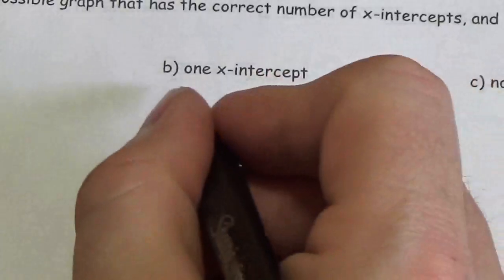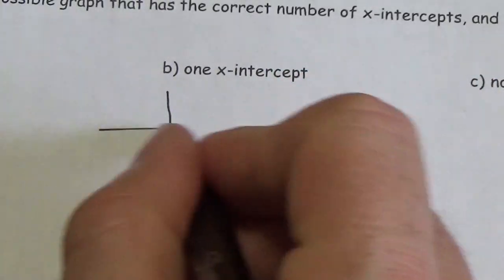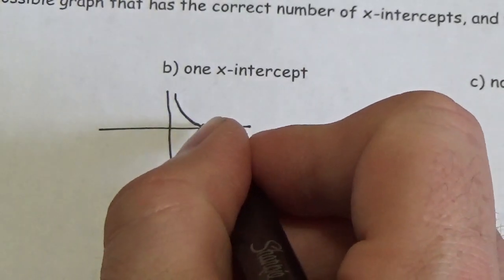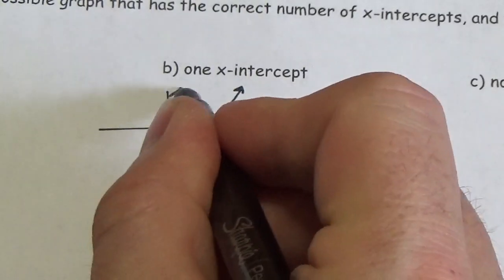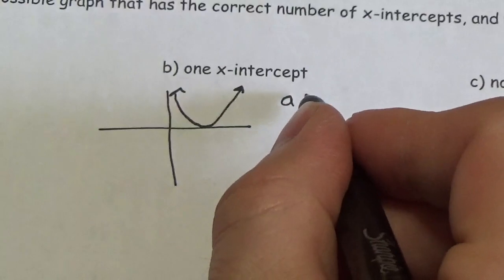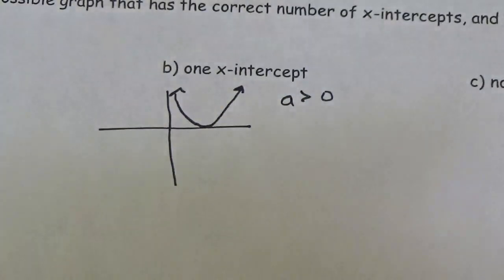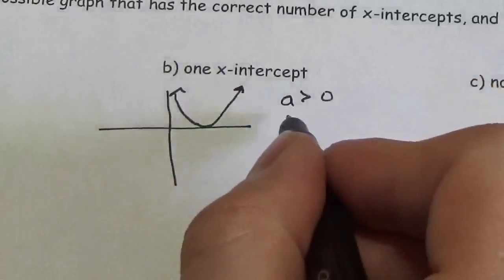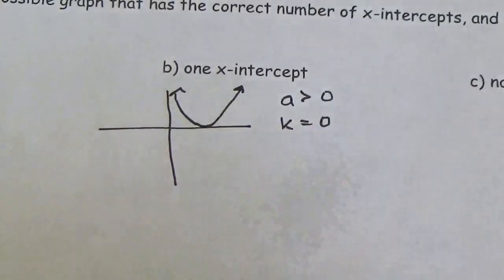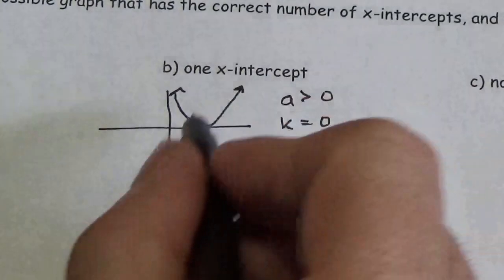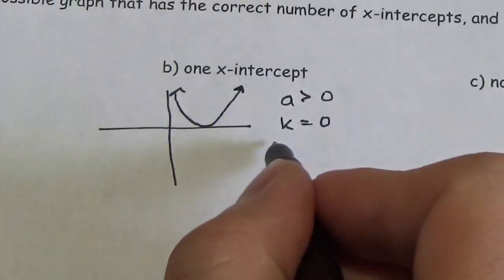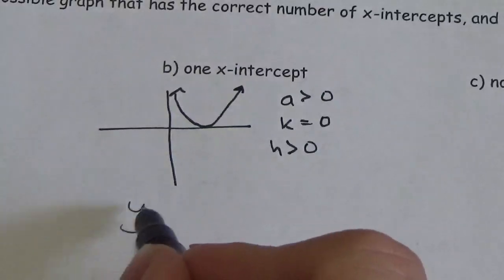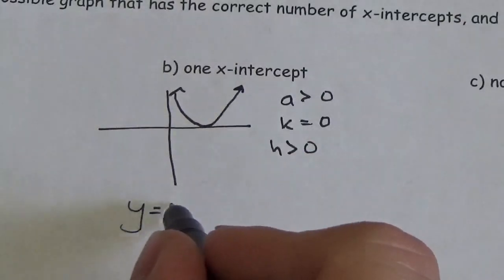One x-intercept, okay, what would that look like? Well, let's have this one do something like this. It's going to come down, touch this, and move up. Because mine opens up, I know that my a value is positive. It hasn't been moved up or down. The vertex is still on the x-axis, so I know that my k value is going to equal 0. Okay, but I moved it to the right, so once again, I know that my h value is going to be greater than 0. So y is equal to, let's say, positive a value, let's say 2,